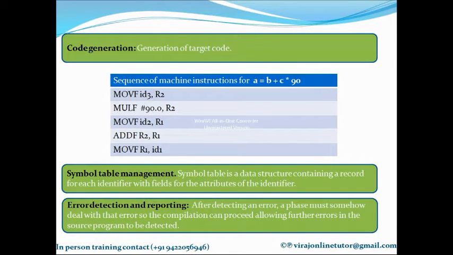Okay. So when an identifier in a source program is detected by the lexical analyzer, the identifier is entered into the symbol table. I repeat, when an identifier in a source program is detected by the lexical analyzer, the identifier is entered into the symbol table. So the remaining phases of the compiler get the information about the identifiers from the symbol table and use it in various ways. Okay, so that's all I had about symbol table management.